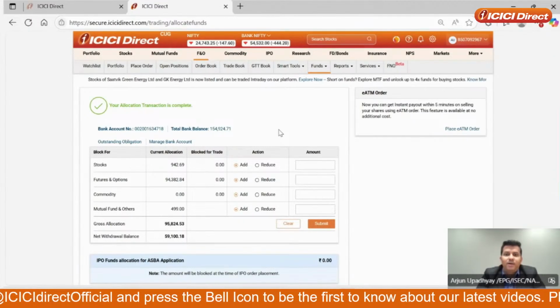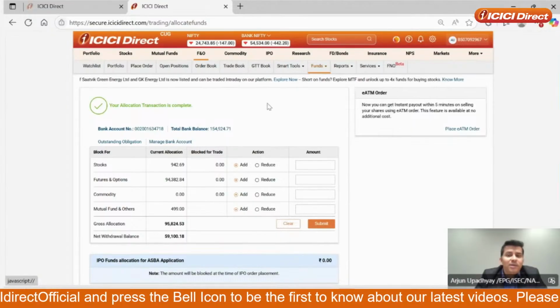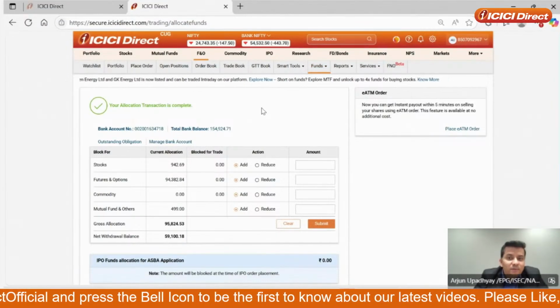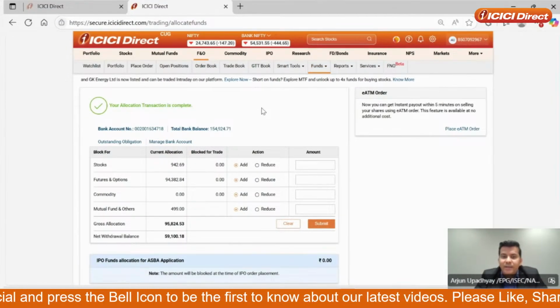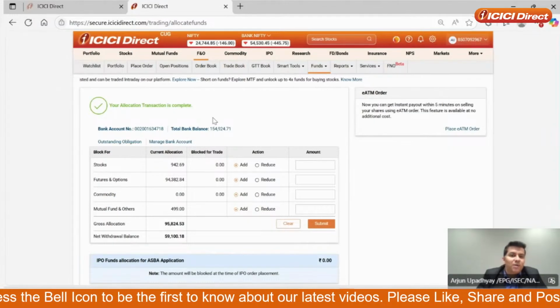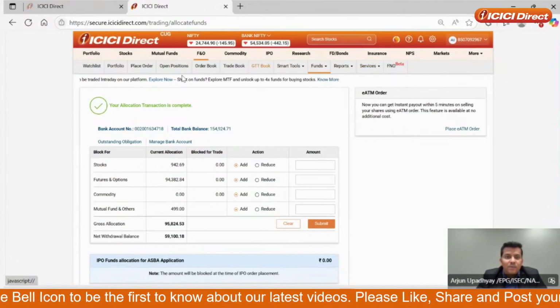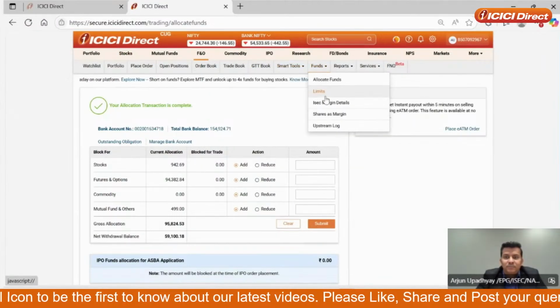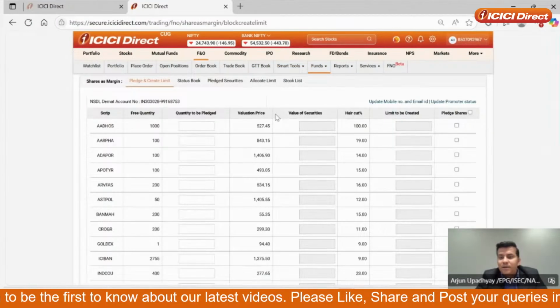Most of us know there are tools. But how easy is it to pledge a share, and what are the benefits once I pledge a share? Are there any benefits that I get? So in the second part, let's cover that. To start with, let's see what the denominator is.